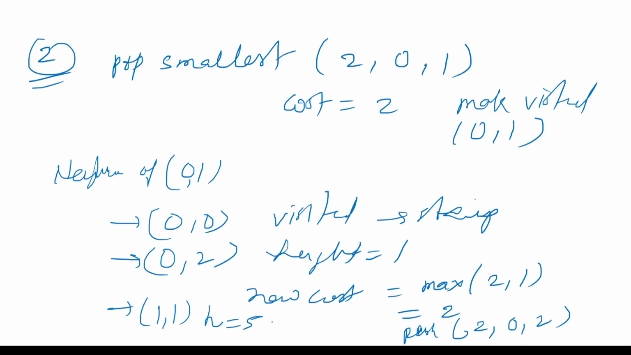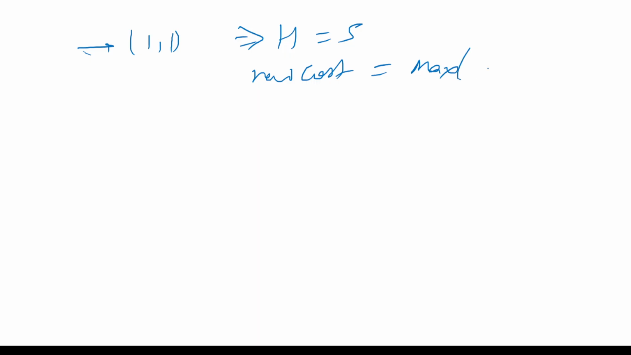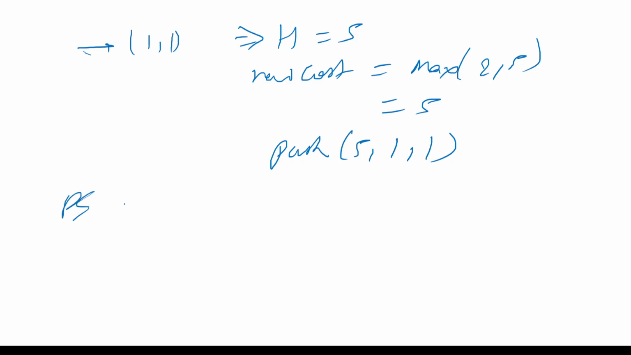Okay, you need to find the new cost. So when we are going to add 1 1, height is 5, and the new cost we have to find. So new cost is max between 2 and 5, right? Previous is 2. Then here we'll find is 5. It means we need to push 5 1 1. Correct? Now the priority queue contains